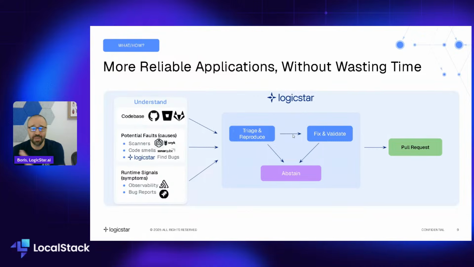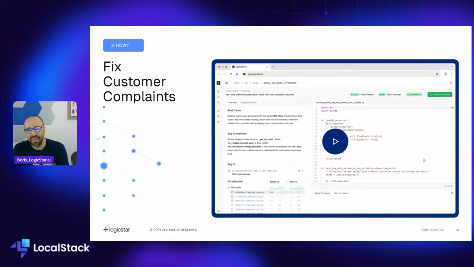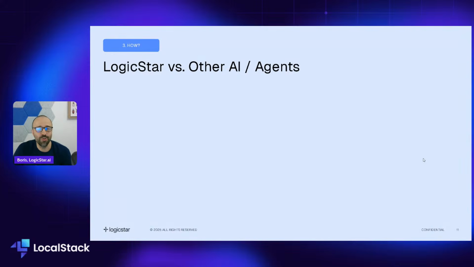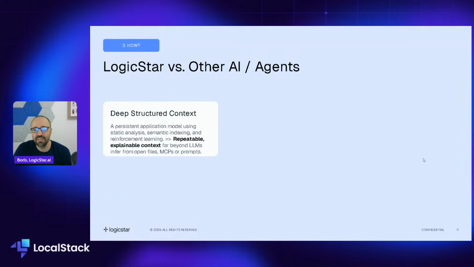When all the gates are passing and you have extremely high precision and certainty that everything is good, then you can create pull requests and only then give it to the developers for this final code review that we spoke about. I'm not going to waste your time with another example, but we can actually jump in hopefully during the Q&A. How this is done, I'm just going to highlight what is the difference between all the other tools out there.